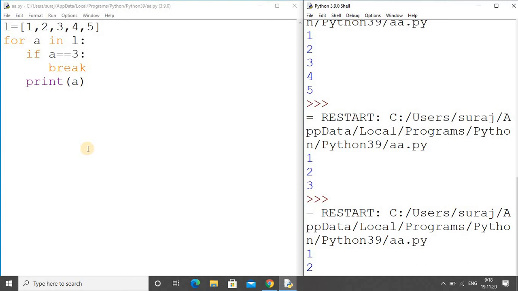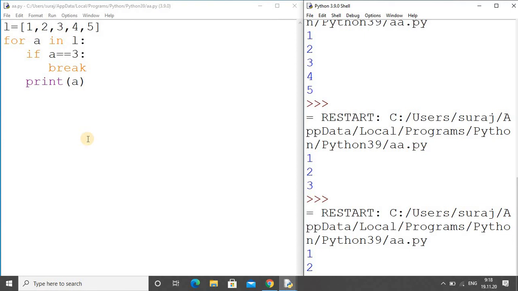In this way you can go for break, and whenever you have such criteria, you can use the break statement, particularly when you do coding like Armstrong numbers, even or odd numbers, or any logical statement that you put in your code.